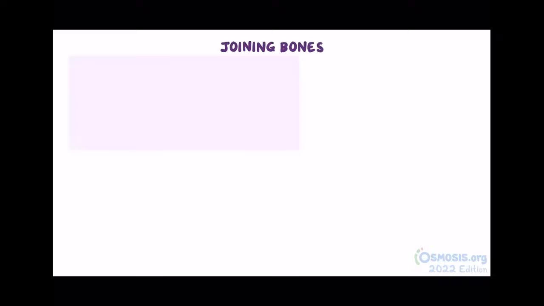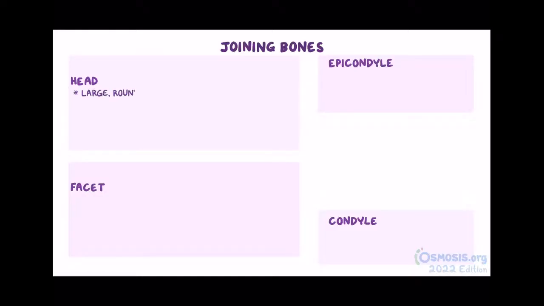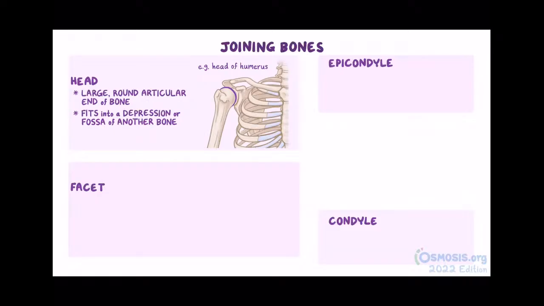Next up are the bone markings that help in joining bones, which include the head, condyle, epicondyle, and facet. First is a head, which describes a large, round, articular end of a bone that fits into a depression or fossa of another bone, forming a joint. An example here is the head of the humerus, which fits into the glenoid fossa of the scapula, forming the